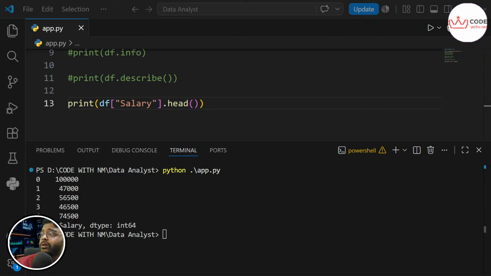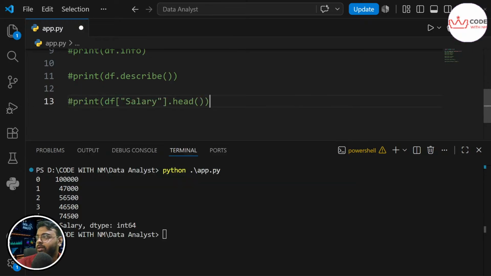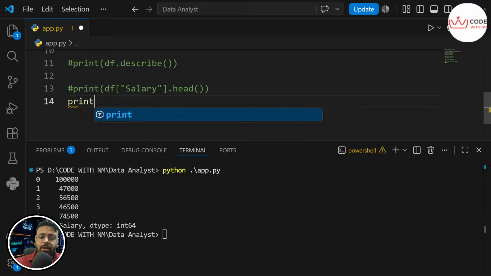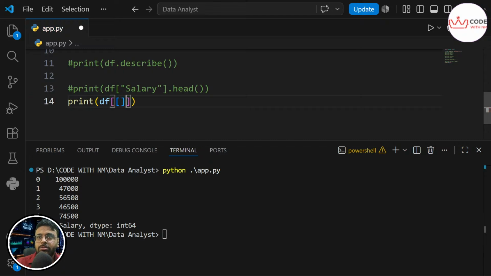If you want to pull out or work with different columns, how to do it? So let's change. Okay, I don't want to change this. Let it be here, and let's have multiple columns. So first is employee name underscore.